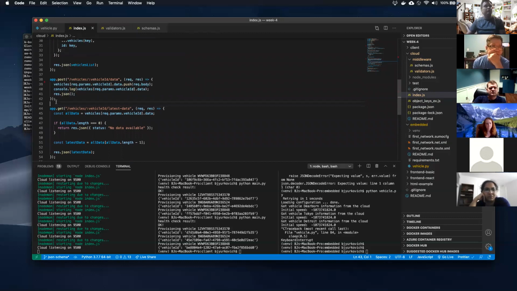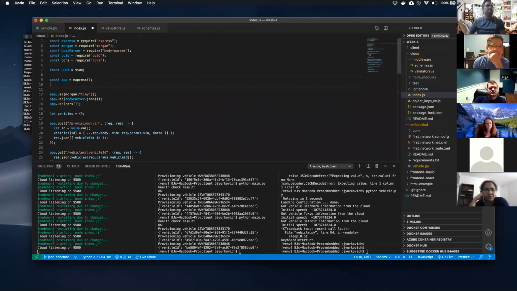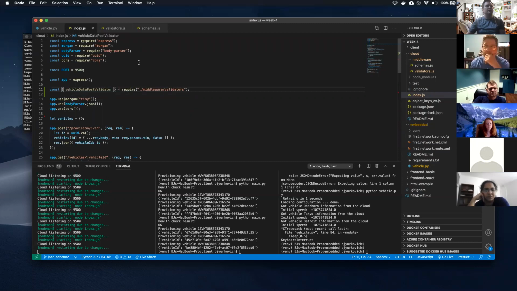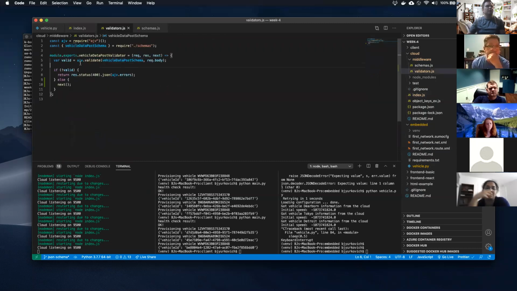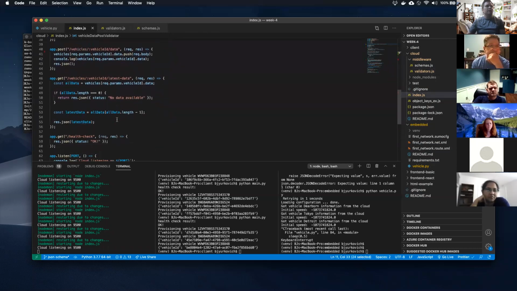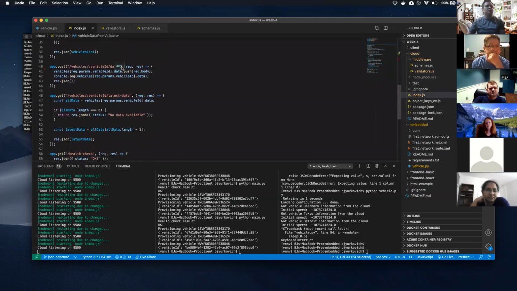So the only thing we have to do is import something from validators. So middleware/validators and vehicle data post validator, this thing, and we're going to put it in line with this right here.